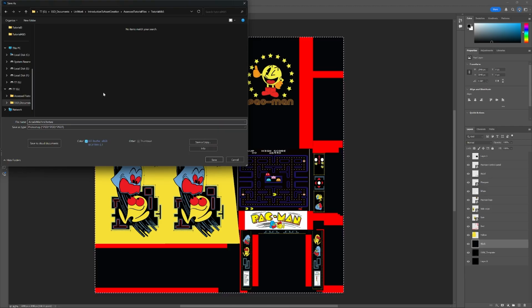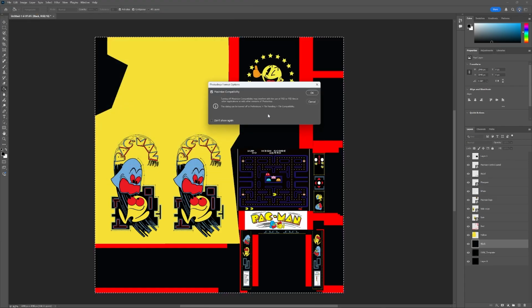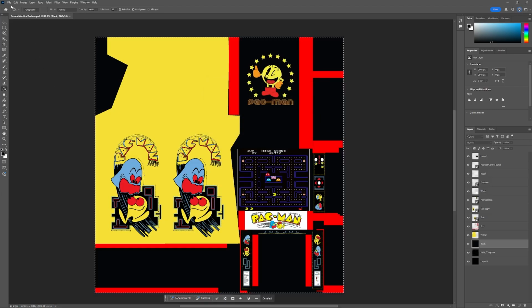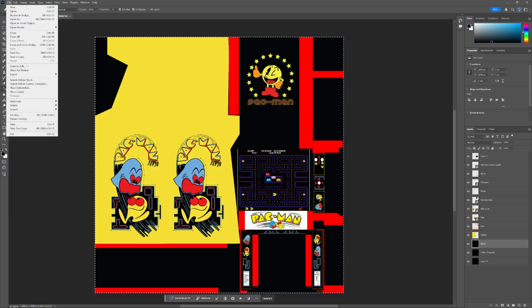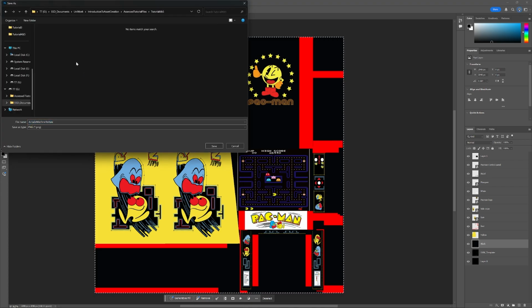Arcade Machine Texture. Save it as a PSD file so that we've got it for when we need it. We can always come back and modify that. And then we're going to go File, Export, Export, Quick Export PNG. And again, once we've found somewhere that we're going to save it, we can save it. I'm just going to call this